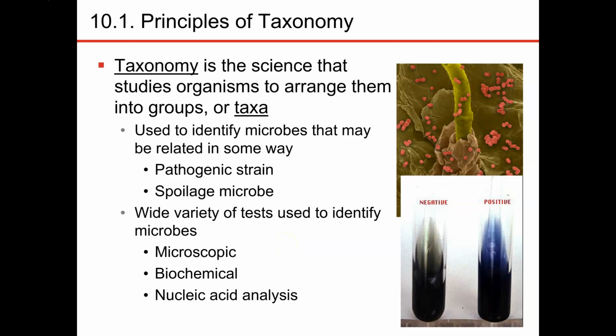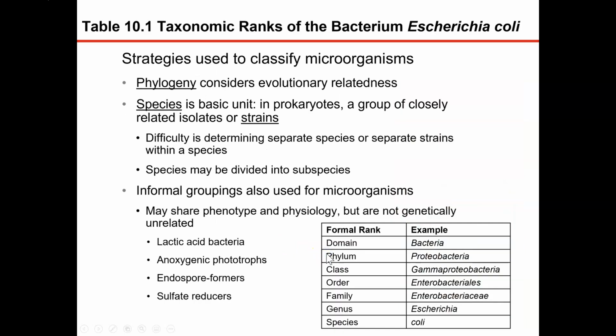If I can go to the next slide, we'll talk about phylogeny. If I can get it to work. There we go. All right, so when we talk about phylogeny, we're looking at evolutionary relatedness. It's important to have organisms that are evolutionarily related be close together because they're similar